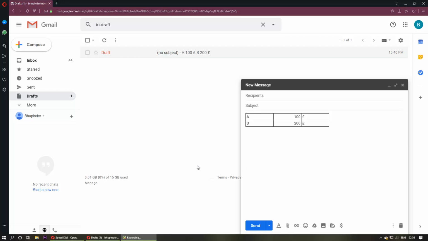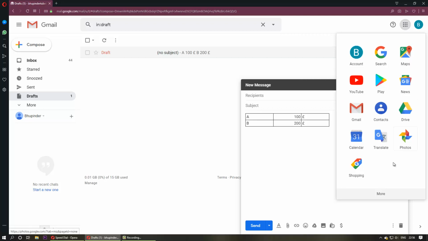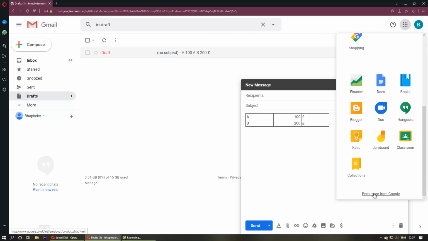Hi guys, now I want to show you how you can add shortcuts into here. For example, you've got YouTube shortcut, Gmail, all these useful stuff. So all you have to do to get these shortcuts here is to click on More, then go to Even more